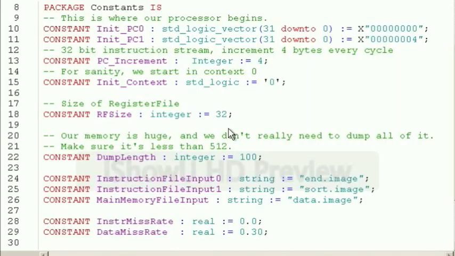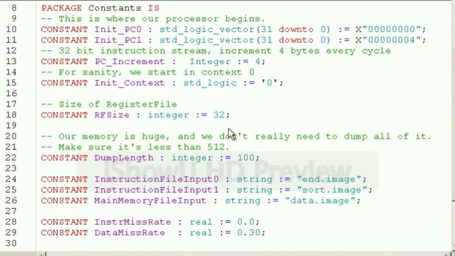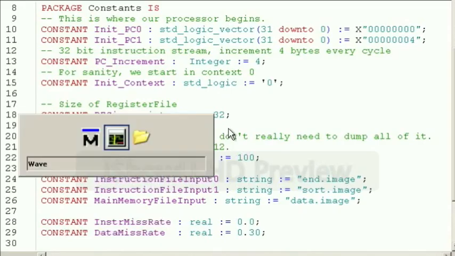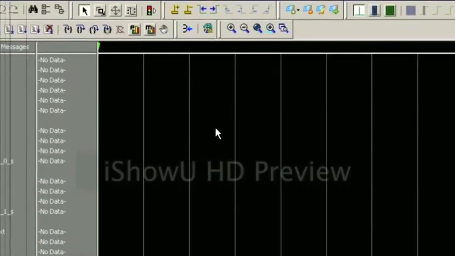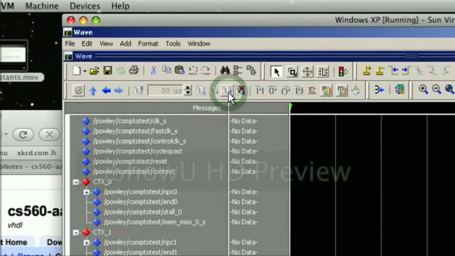Alright, in this demo we'll be showing sort, and it'll be running on the data.image, which has 32 signed integers in it. So you can see instruction file input 1 is set to sort.image, file input 0 is in.image, and main memory is data.image. Also, the data miss rate is set to 30% right now, and we're using a little trick for the initial program counter is set to 4, so it works on the first 32 words of main memory instead of the second 32 words. So we've already got it compiled, and we'll move over to the waveform and run the wave,